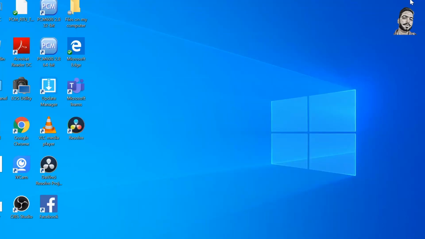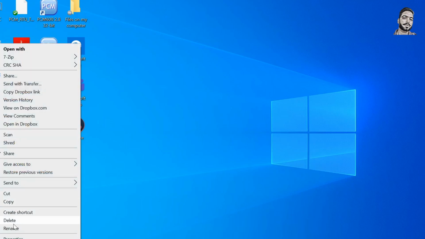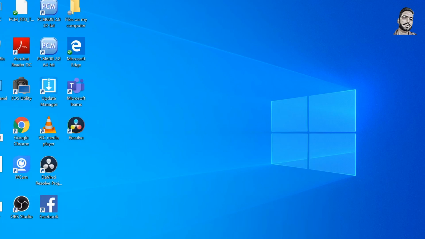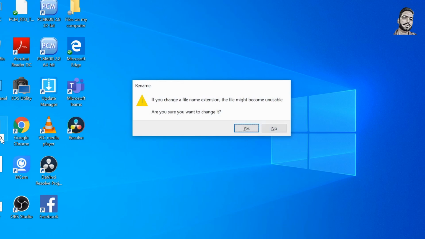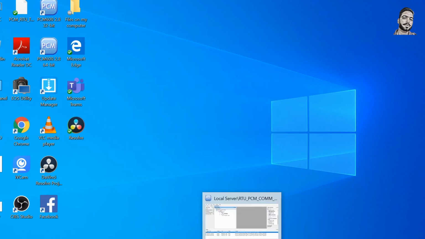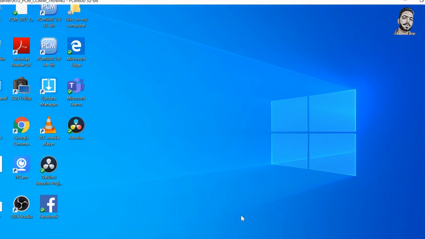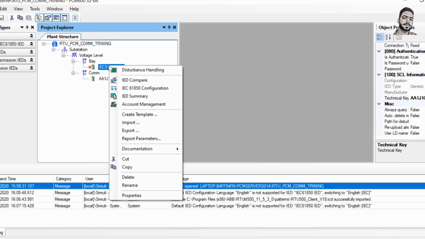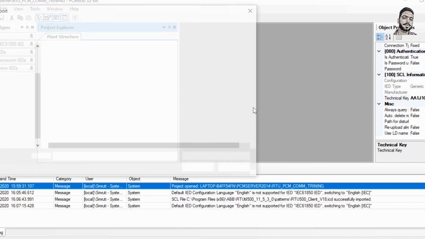Come to your desktop where I have saved test.iid. Very simple. Right click, go to rename and change this to CID. That's it. This is CID now. Make IID to CID. Come here again, same, come and import.